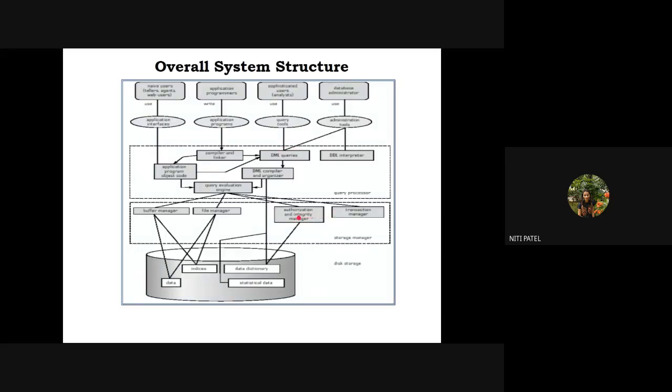And integrity means what? It will check whether the data is correct or not. So if the data is correct, it will allow you to store the data, but if the data has any kind of error or any kind of mistake, it will not allow you to store that data. Okay, that is what is integrity and authorization manager. Authorization will allow only the correct authorized user to access the data. Integrity manager will check whether the data is correctly inserted inside the table or not.